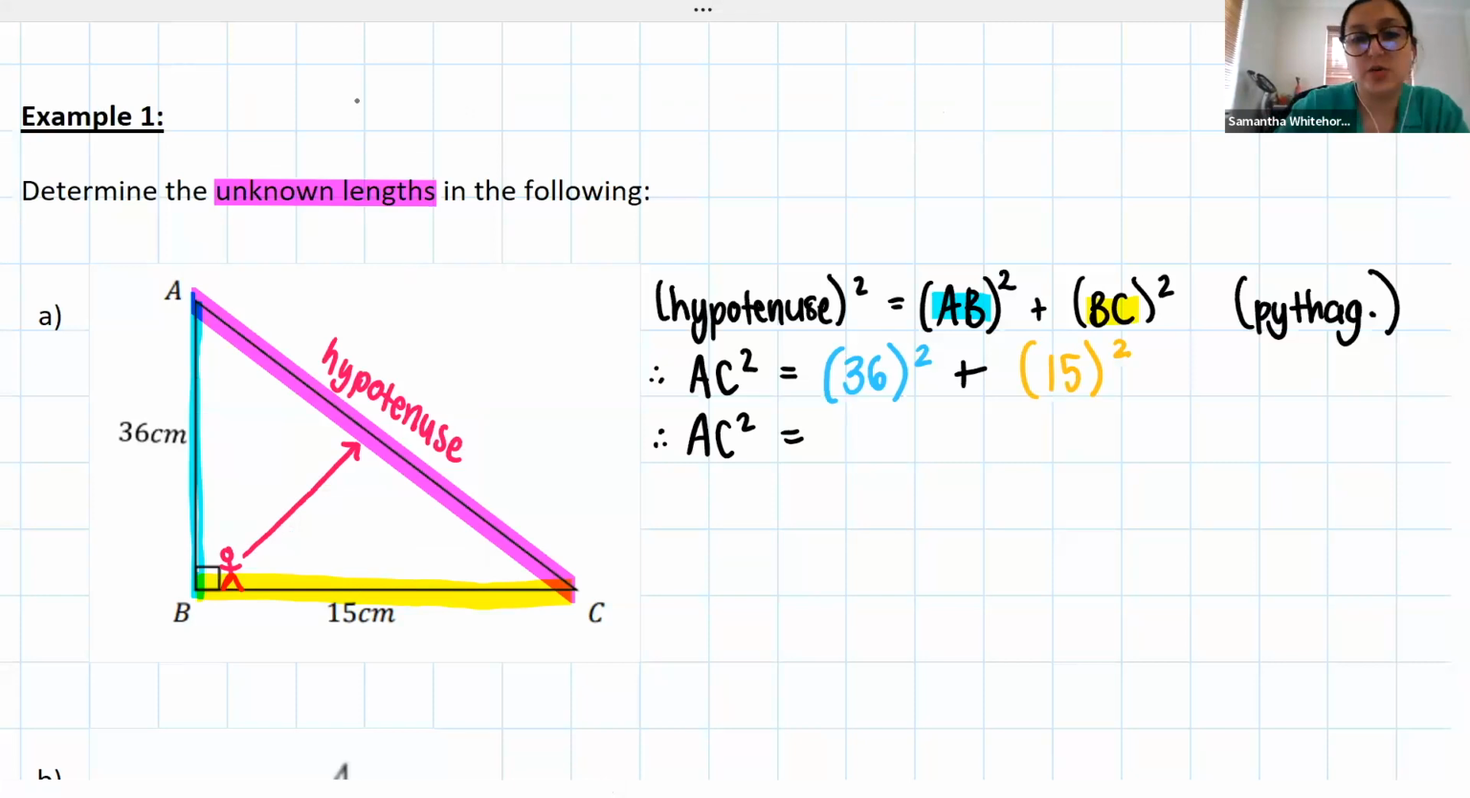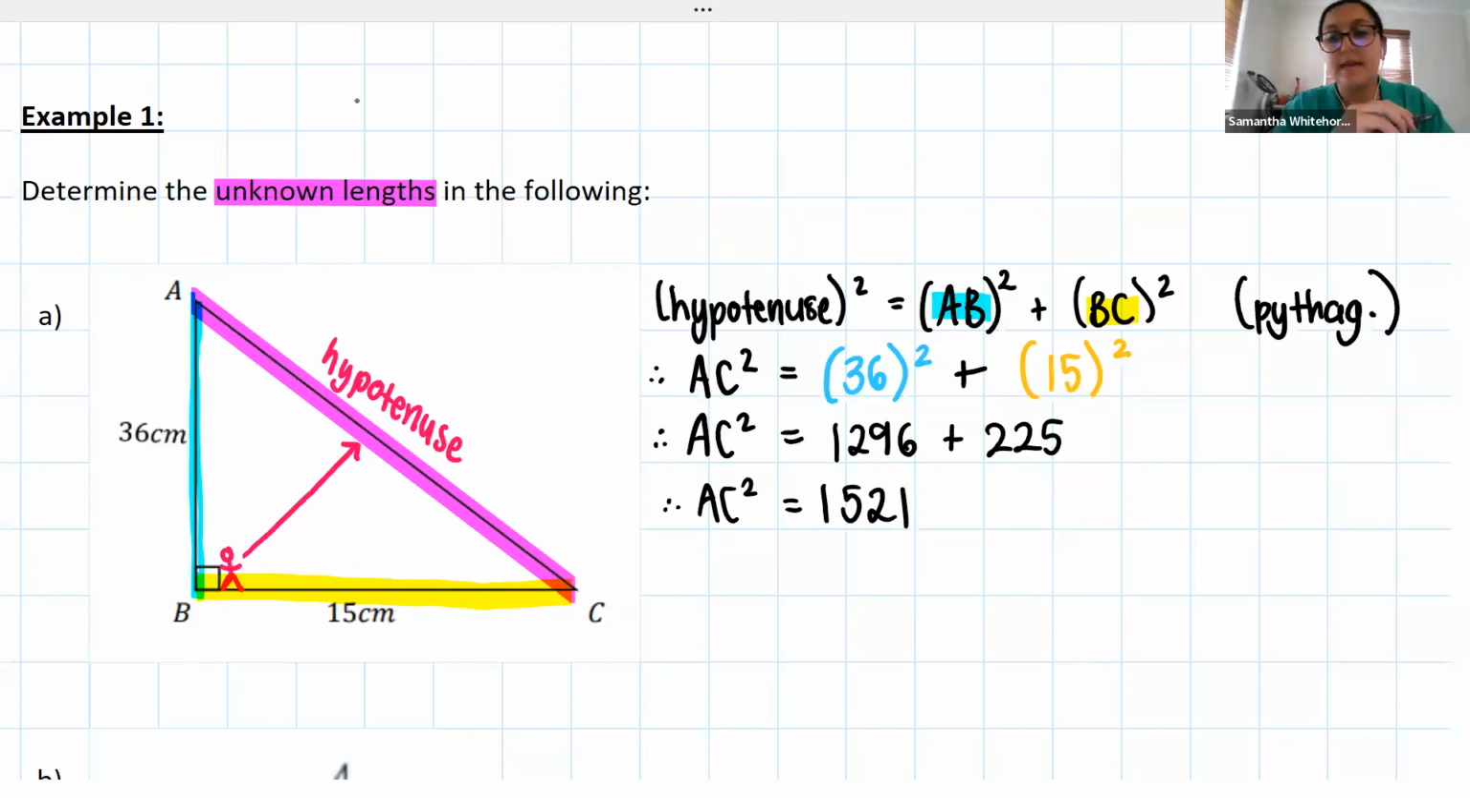So 36 squared is 1,296. 15 squared is 225. So that means that when I add those two values together, I get that AC squared is equal to